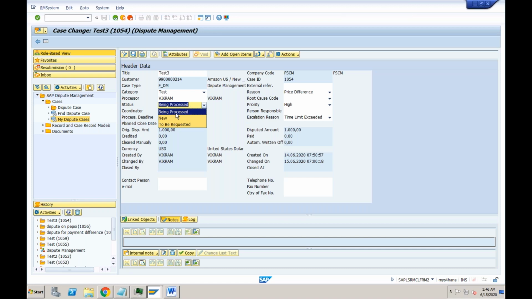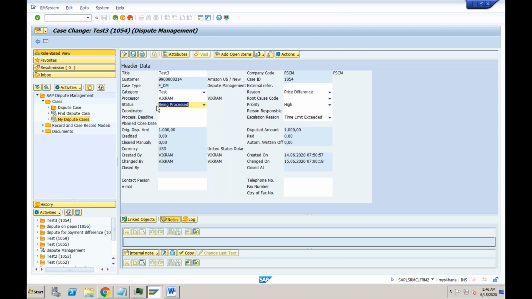And once you have completed your work on it, after the solution, based on whatever the different statuses are, you will say either it is solved or it is closed or maybe additional information required. So whatever additional things you want to enter, you can enter here. So that is exactly what we need to see in the status. What are the different statuses you want to keep?